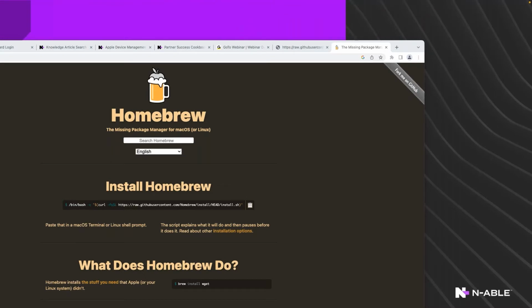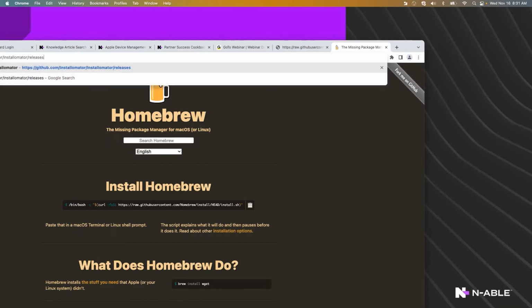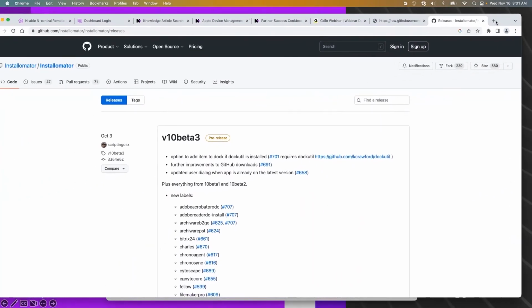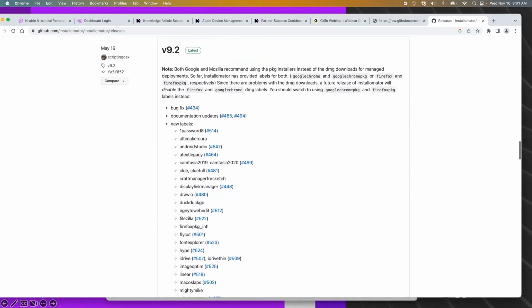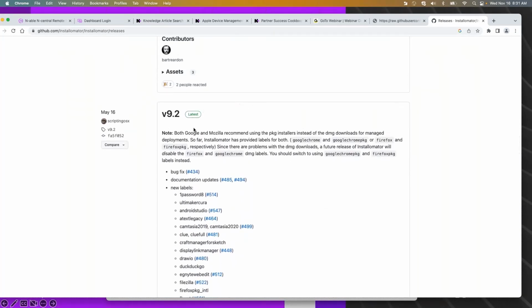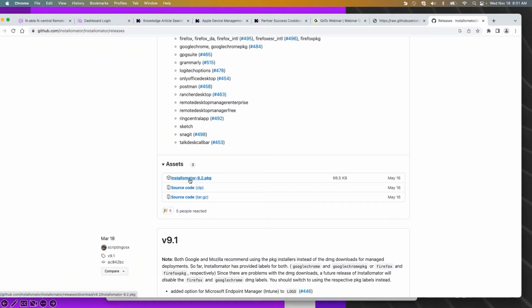is going to be Installomator. Installomator or Homebrew either way, I think both of them are very, very good, but with Installomator, rather than going via command line, we will go to the GitHub Installomator releases. We will come down to the 9.2, which is the latest version. Scroll down here and you'll be able to pull the package. So we can download,